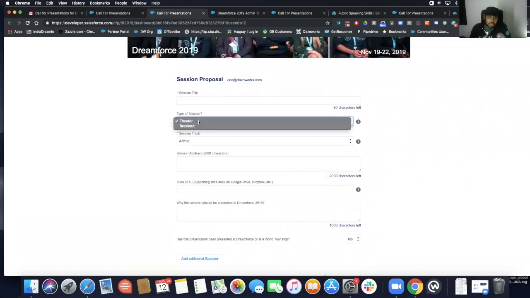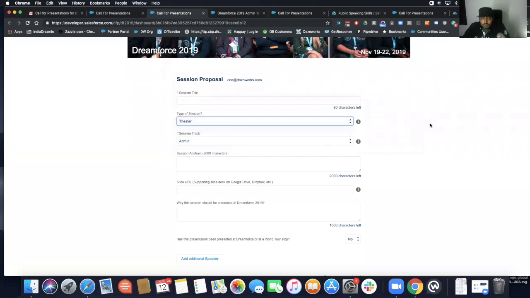But some of the key choices that you have to make, as Shiv mentioned, is one, the theater versus breakout. I think theater sessions are a bit more flexible, and I think there are a lot more opportunities. The breakout sessions, from a vetting process, are a bit more intense.